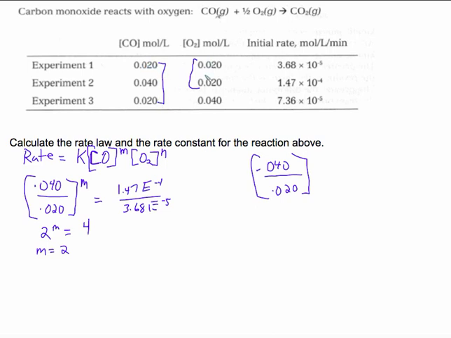That's going to equal 7.36 e to the minus 5